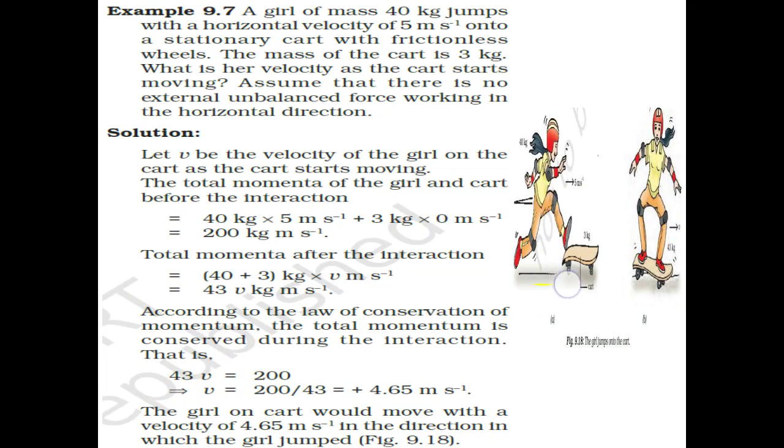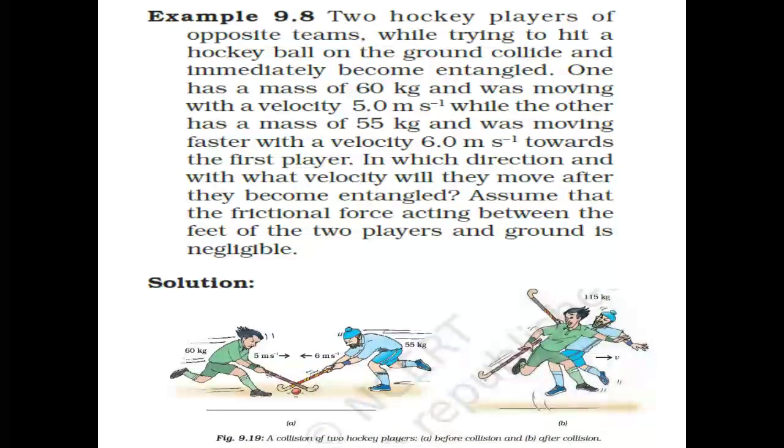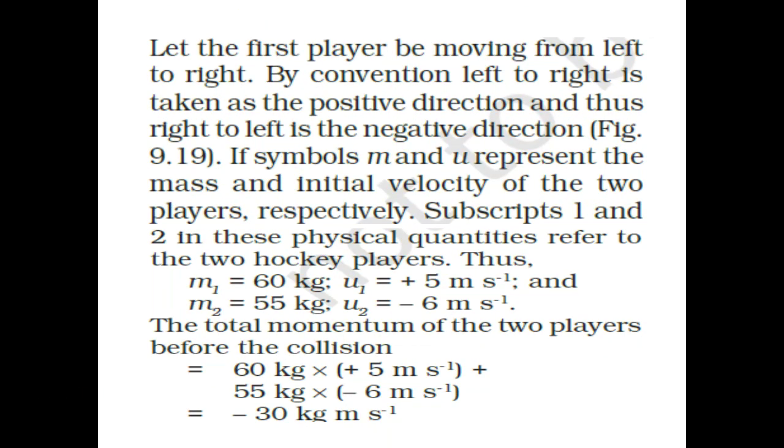This is the same case as the cart, that first of all they were separated and after collision they become a single system. So they are moving with the common velocity. So we will deal with this question accordingly. m1 and u1 have a positive sign, m2 and u2 have a minus sign, because directions of these both are opposite. So one we will take negative, and then simply we will solve it. We will find this total momentum before collision, this much. Always remember to write the units.